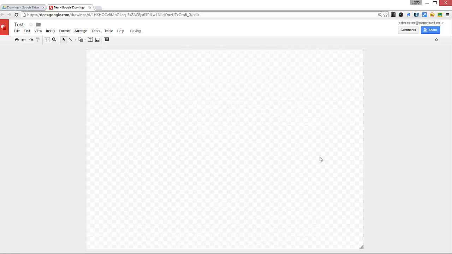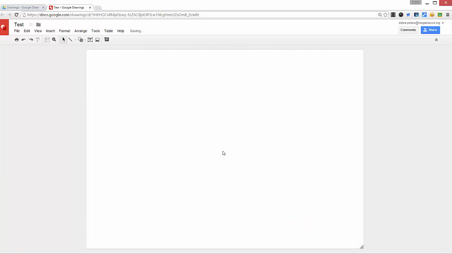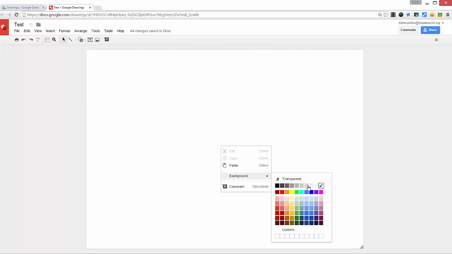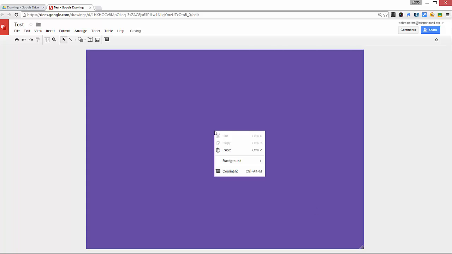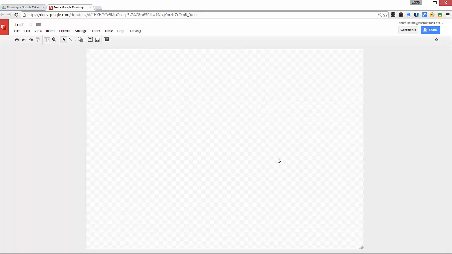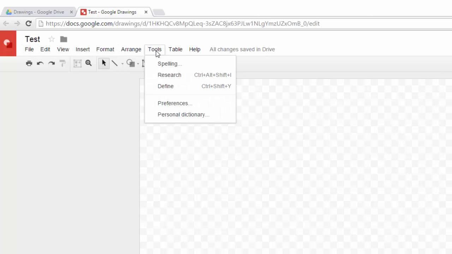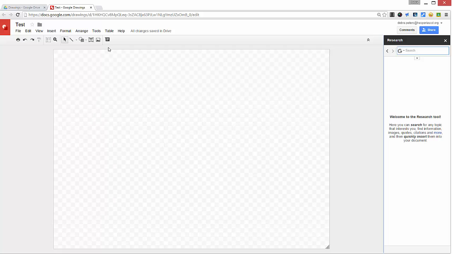But let's say I really don't want to look at these checkerboards that I get by default. You can either do a two-finger tap on your Chromebook, or you can right-click on a mouse and you can change the color to a basic white, a nice, my favorite, rich purple, or you can just go back to transparent, because that's what I'm going to do for today's purposes, because I want my background to be an image. So I'm going to go to my menu bar, click on Tools, then click on Research,